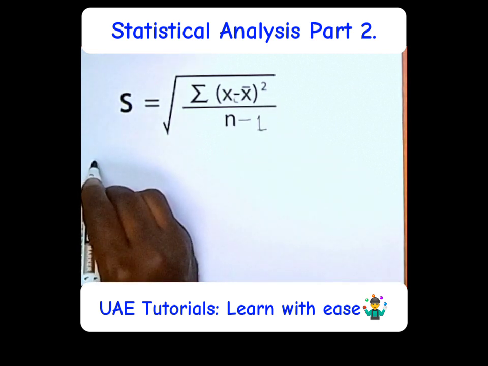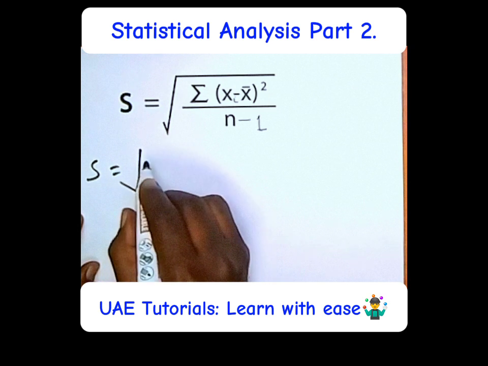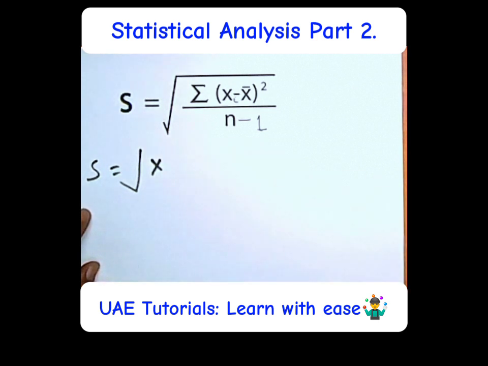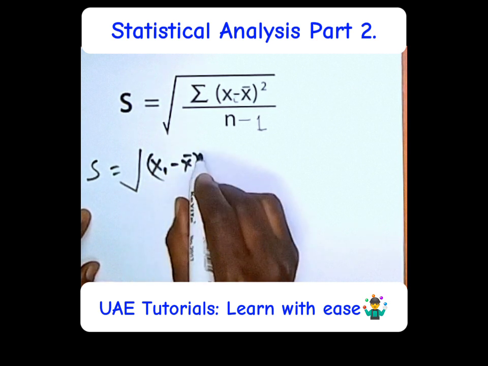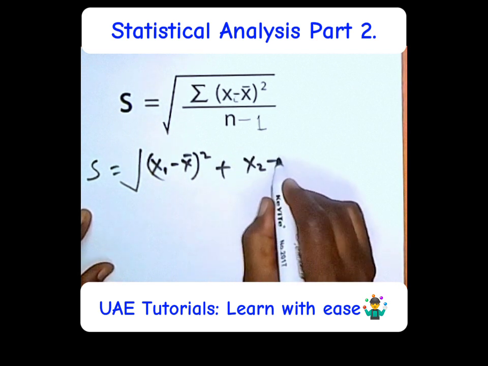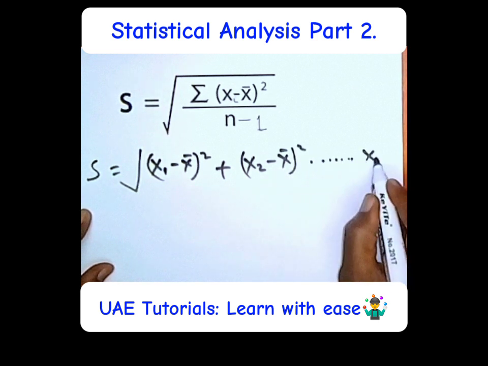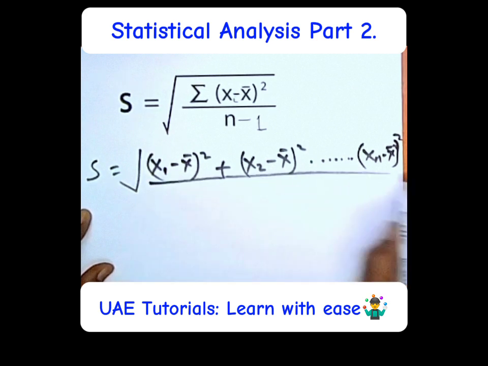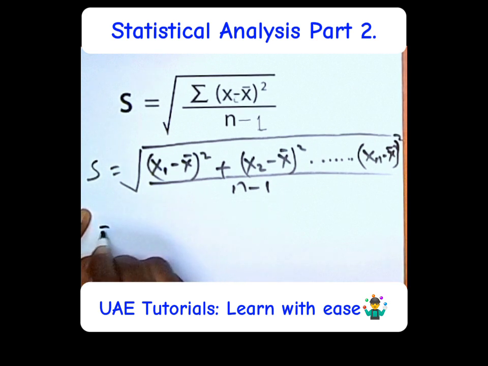What you are expected to do is to expand this formula, meaning the square root of x1 minus x bar, you square it, plus x2 minus x bar, you square it, on and on to xn minus x bar, and you square it again, all over n minus 1. That is going to give us the square root of